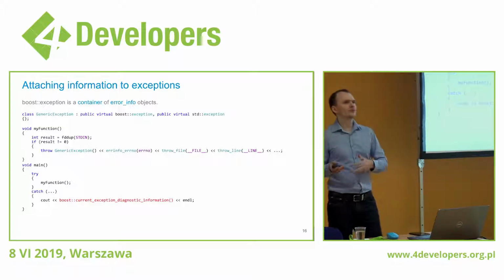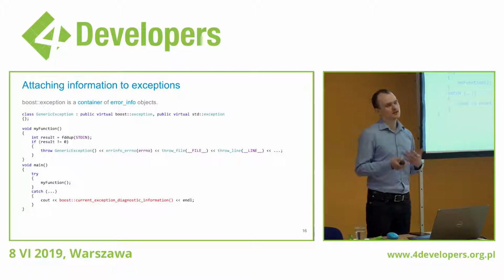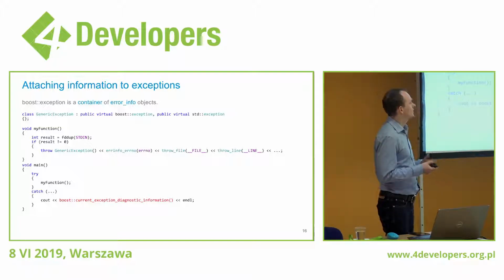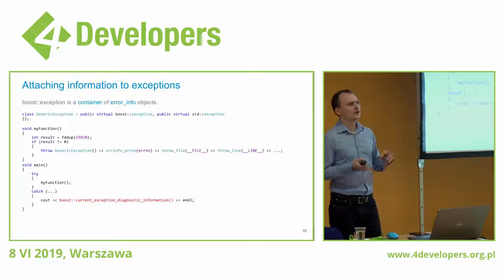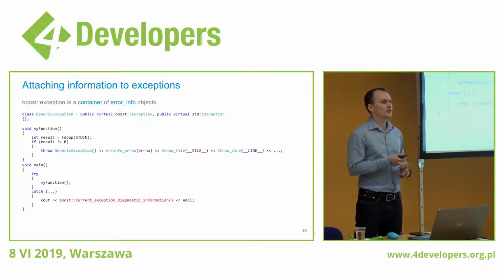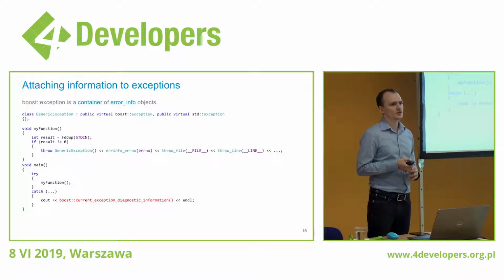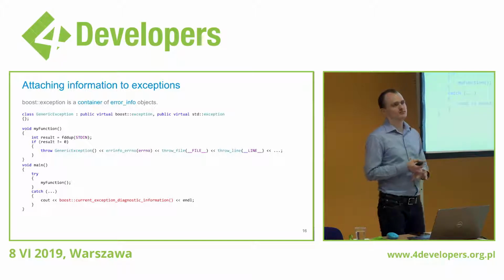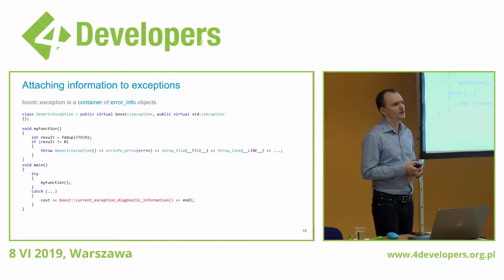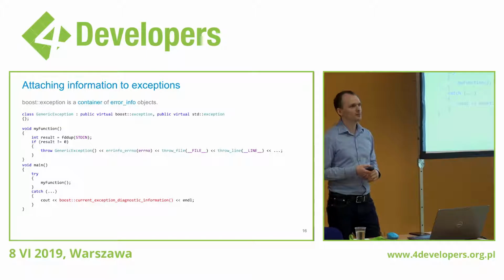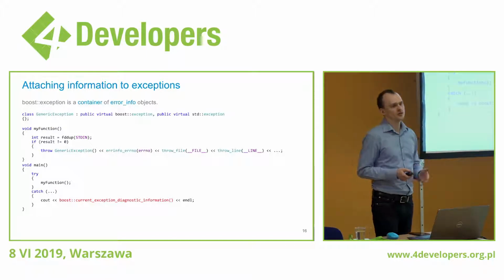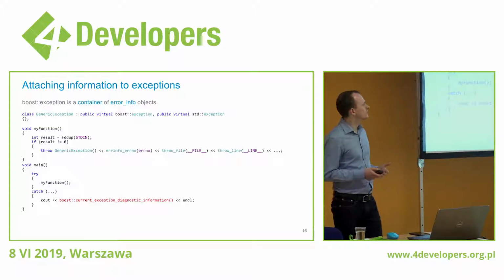You put there everything that might be useful for analyzing this problem: the name of the function that failed, the error code from the operating system, the file name and line number of where the exception happened, a call stack. You can put there anything you want. So you can get really rich error